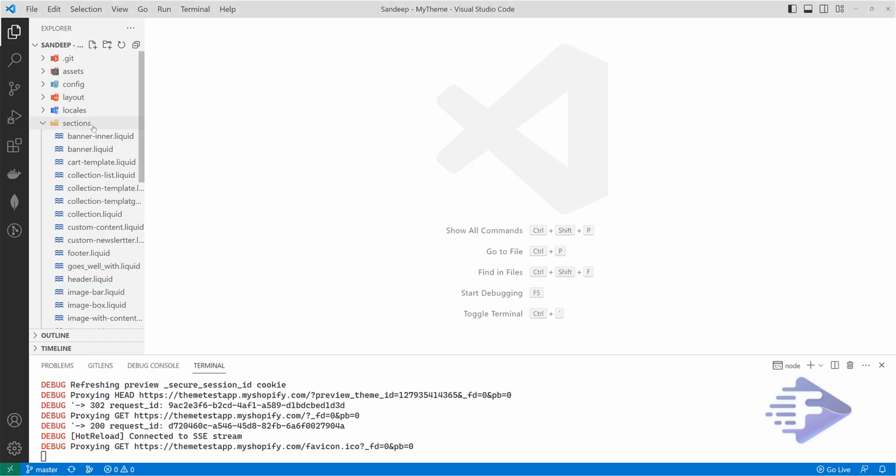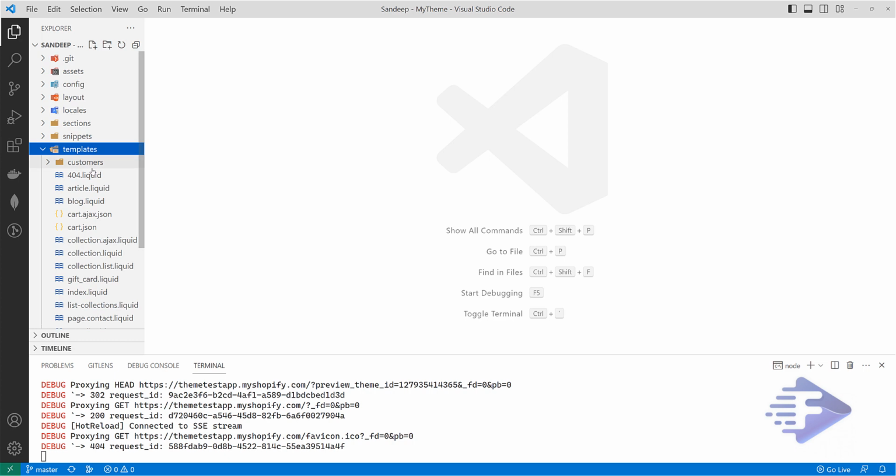So the first thing I'm going to do is create a template. Let's call this one product.ajax.json.